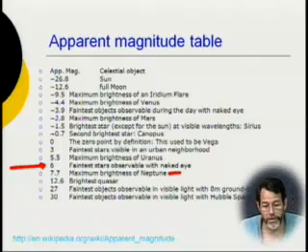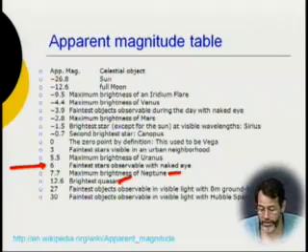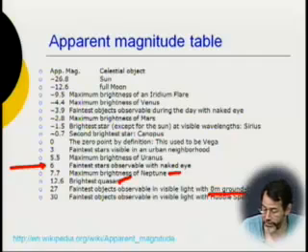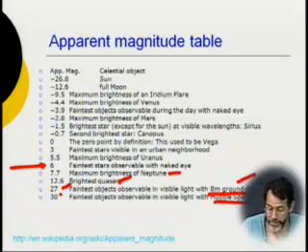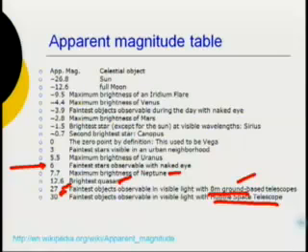Neptune would not have been visible, so Neptune is 7.7. You need a telescope for that. The brightest quasar couldn't be discovered until modern times with telescopes. That's 12.6. So the faintest object observable in visible light with an 8-meter ground-based telescope just now, I think probably in one night's integration, is about magnitude 27. It's getting better, I think, with adaptive optics, which I'll discuss later in the course. And the Hubble Space Telescope, on a good day, with a good long integration, can see down to magnitude 30.